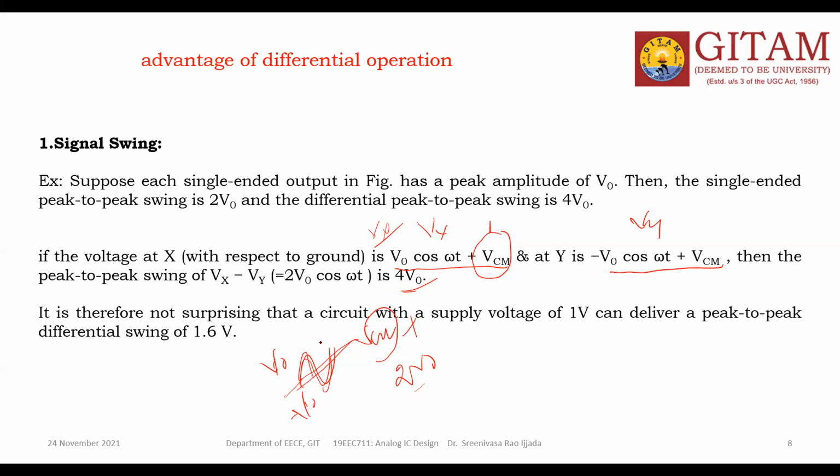How can you measure this variation? Definitely, your signal is a cos signal, varying with the voltage V0, so V0 cos omega t. Of course, the signal is varying with respect to frequency or time. This is at the node X. At the node Y, phase reversed, we can say it is minus V0 cos omega t. So as I told you, both are the same in magnitude, but they are in opposite phase.